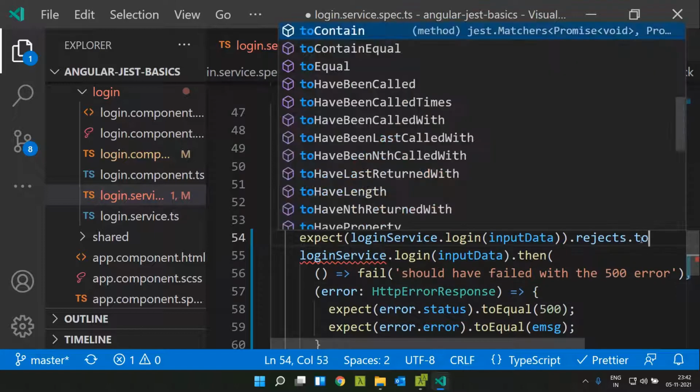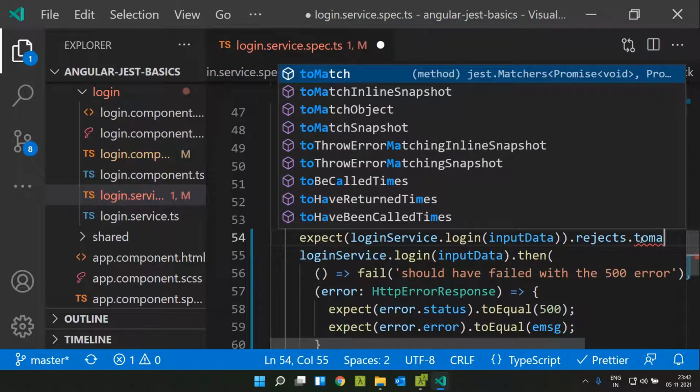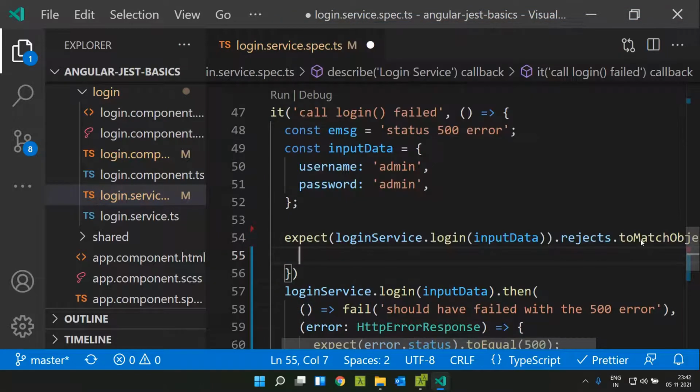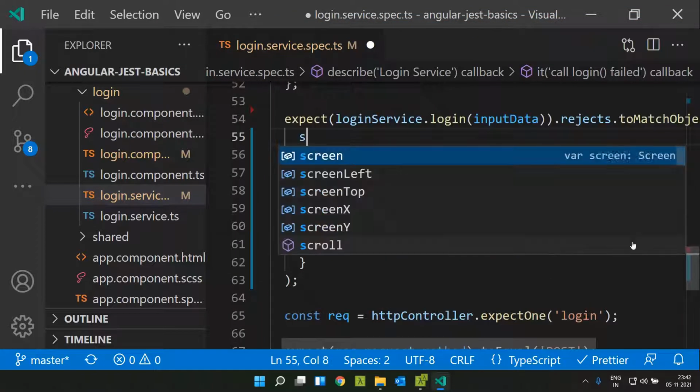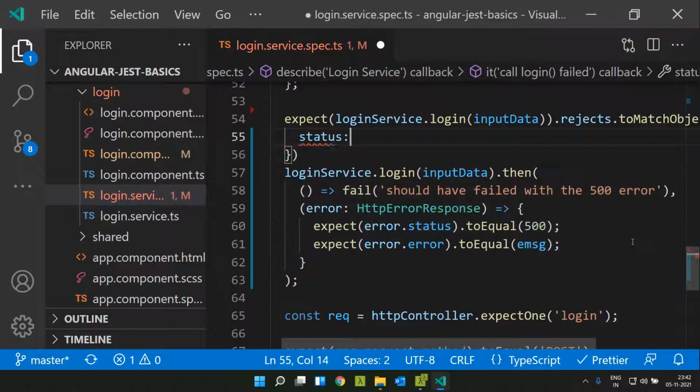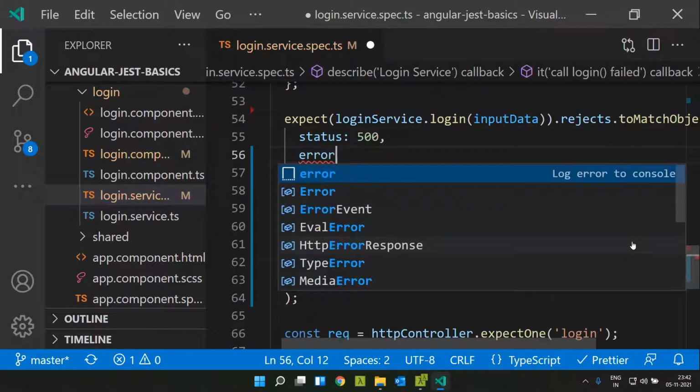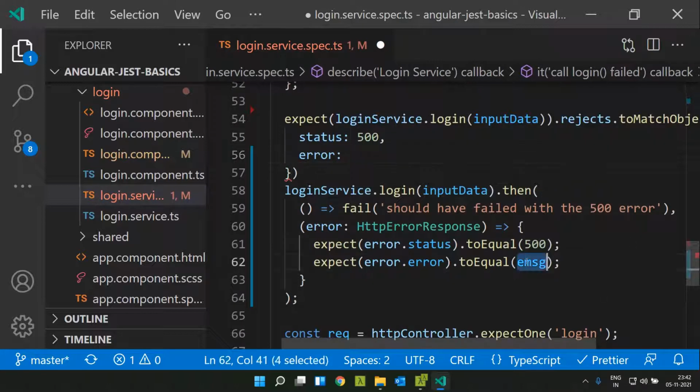For that we can use toMatchObject, and within that we can pass the object as status 500 and error message.